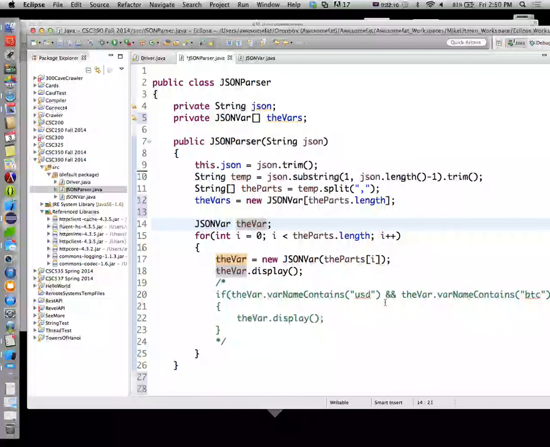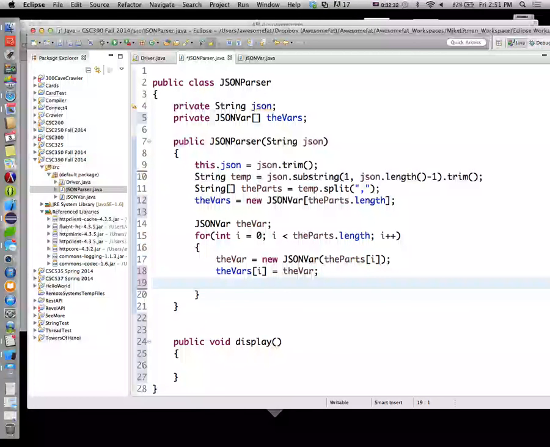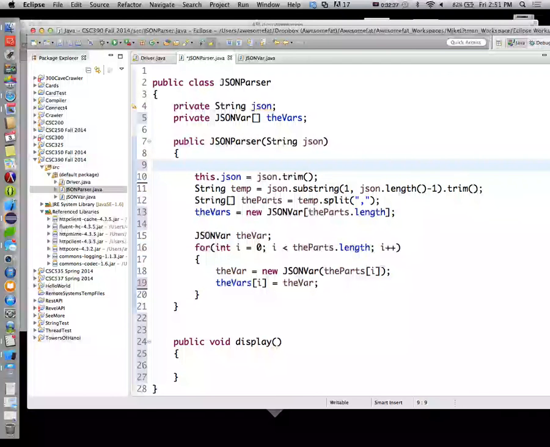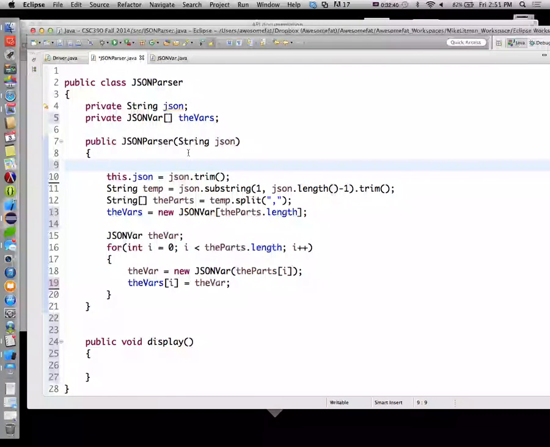Now, as we go through all that and create our var, rather than displaying each of our vars like we did here, I want to add it to my vars array. The vars at bucket i is equal to the var. Okay, so here's our constructor. What does this actually do? If we were to concisely say, this stores the JSON string